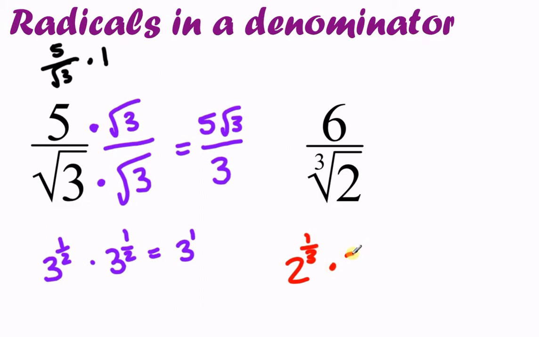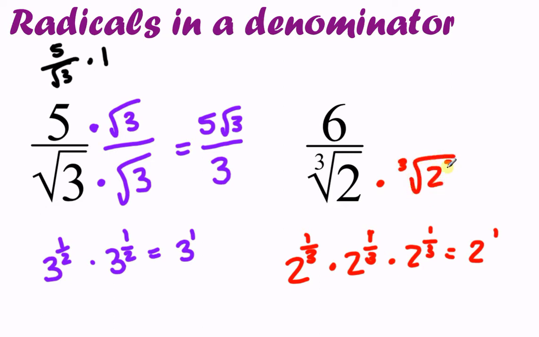So if I continue to multiply by additional 2 to the 1/3, I'm going to need 3 of them before I actually make a solid 1 with all these 1/3 added together. So you could do that a little bit shorter if you want. Since I'm multiplying by an extra 2 of these, you could do the third root of 2 squared, which is both of these combined. Or you could just write it twice, doesn't matter, but you need an extra 2 of these to make a